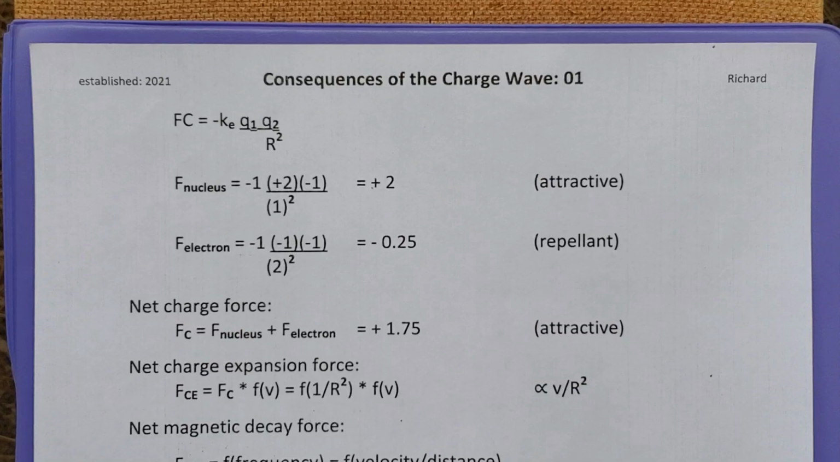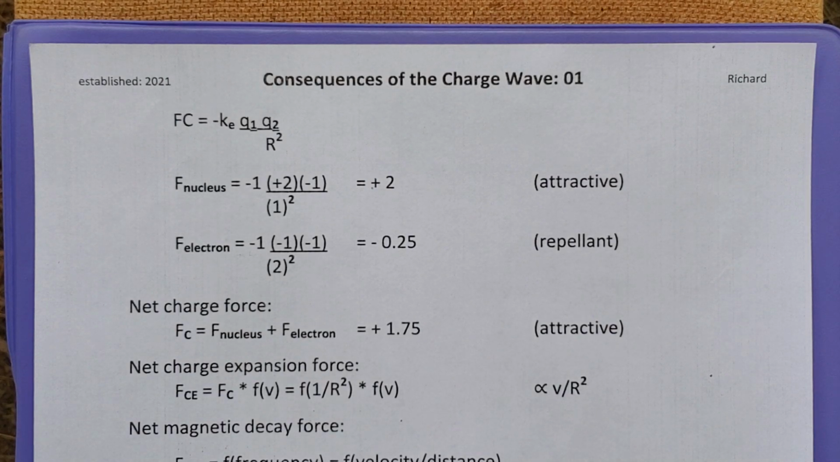The force of charge of the proton on the electron will be a plus 2 attractive force. The force of charge of the opposite electron on the other will be minus 1/4, a repulsive charge. The net charge will be 1.75 positive, attractive, and perpendicular to the motion of electrons, assuming instantaneous velocity of charge. However,